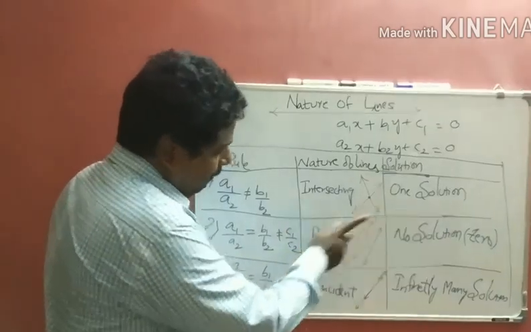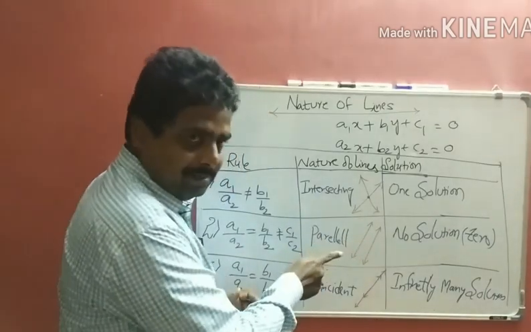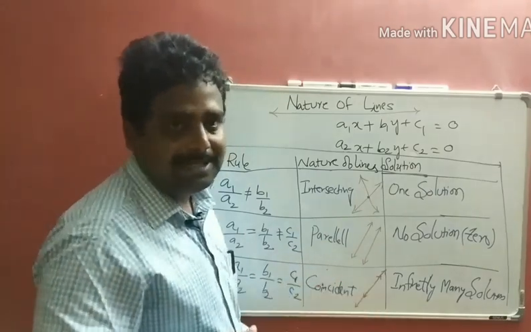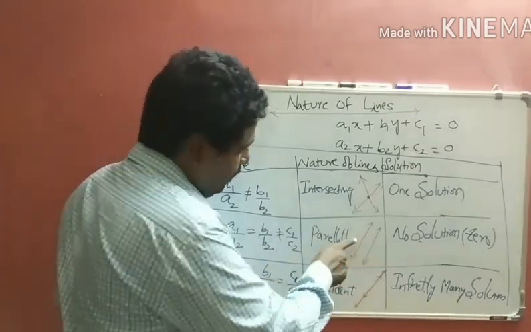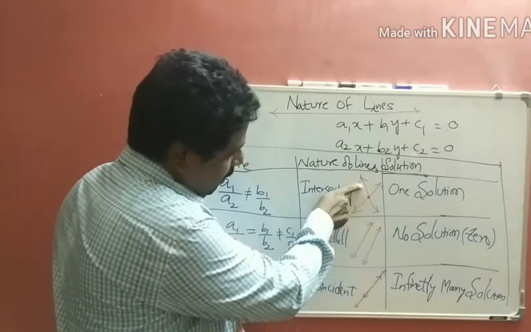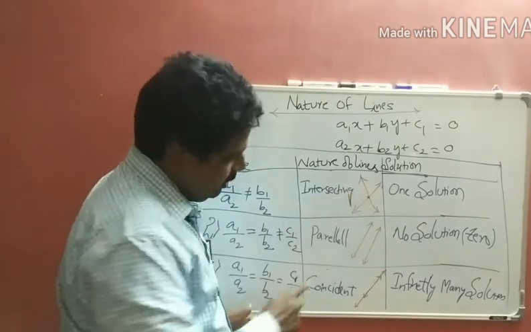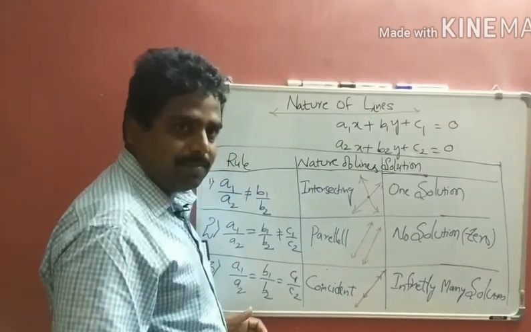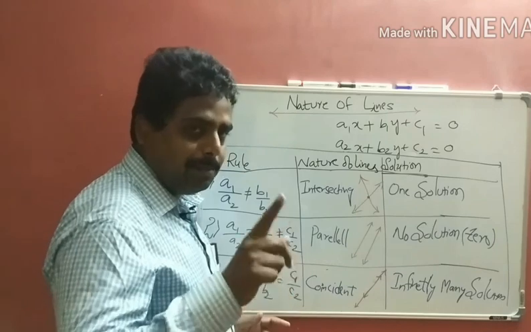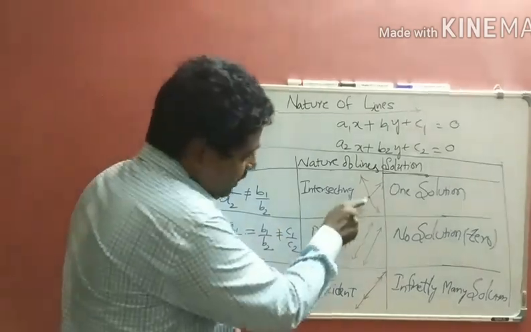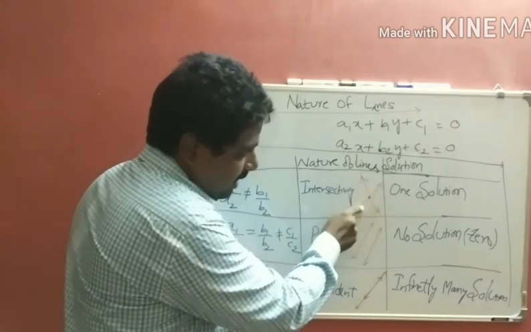Parallel means the lines should be like this. Parallel lines are not intersecting. We know that a rail track is an example of parallel lines. Observe that in the first case we got one point common to the two lines. Now observe how many common points there are here for the two lines. A common point means that the point should lie on the first line and also on the second line. In the first case, this point lies on the first line and the second line, so there is one solution.